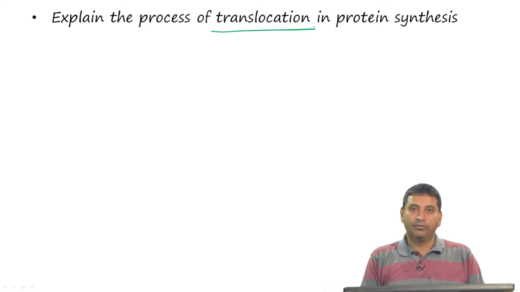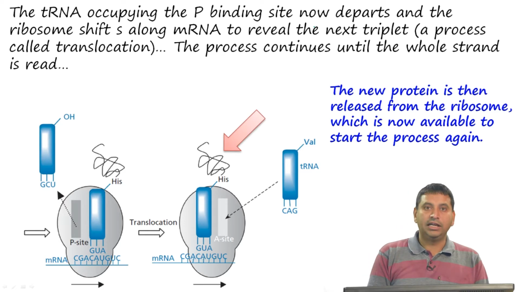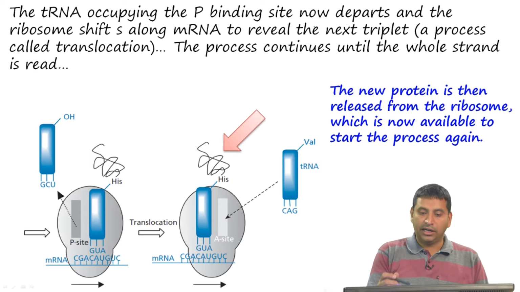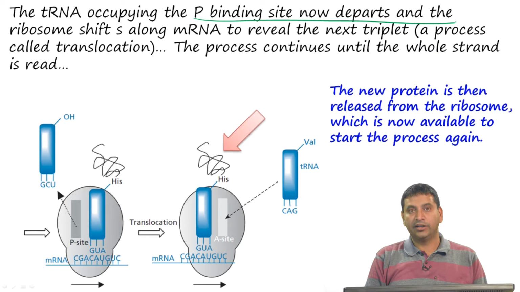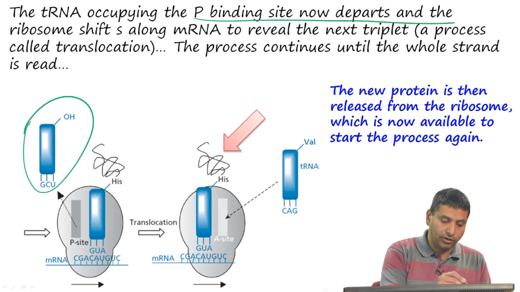So, again we have looked at protein synthesis in some bit of detail, and so here translocation is a very important component in protein synthesis. So, what happens is that once the tRNA occupies the P binding site, it forms the peptide bond and then it departs. The tRNA in the P binding site departs and the ribosome shifts along the mRNA. Okay. So, in this process, this tRNA is going to leave